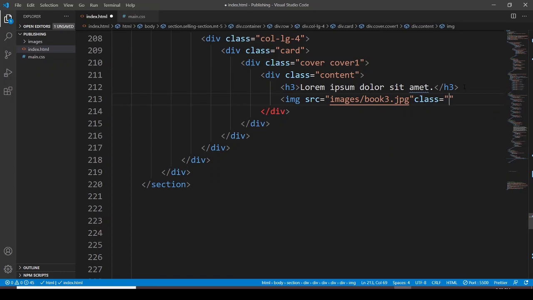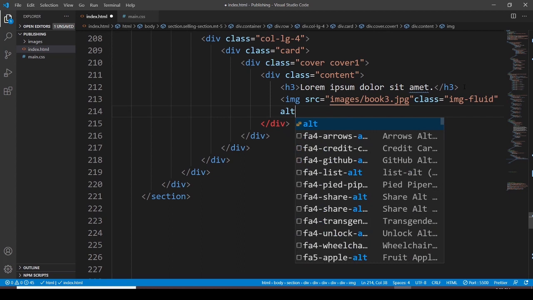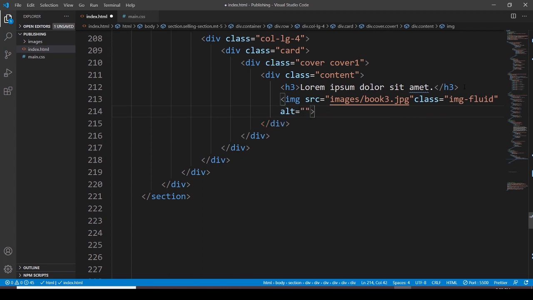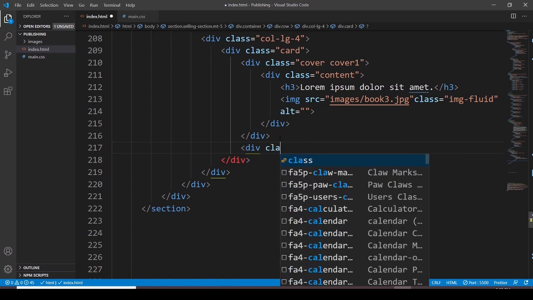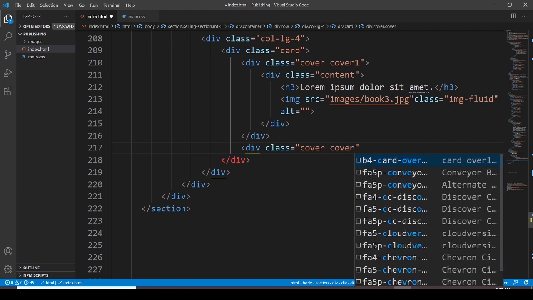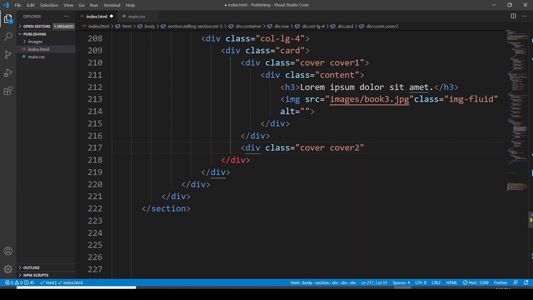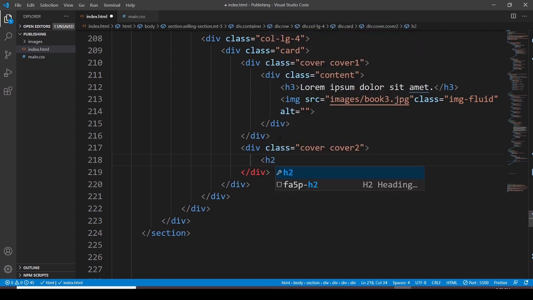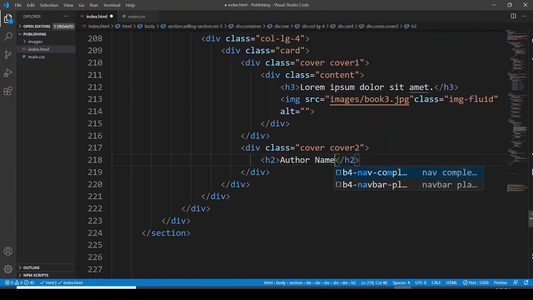This class is going to be image fluid for the responsiveness, and yes, alt, and then I would like to go with another division assigning it a class. This class is going to be cover and cover 2, and heading 2, and heading 2 is going to have author name,